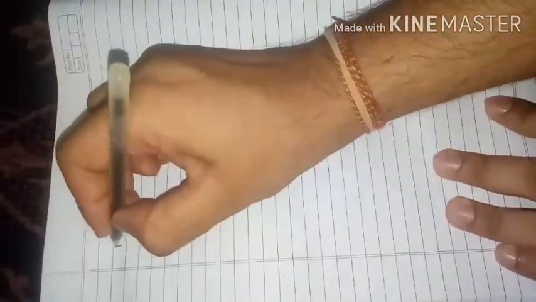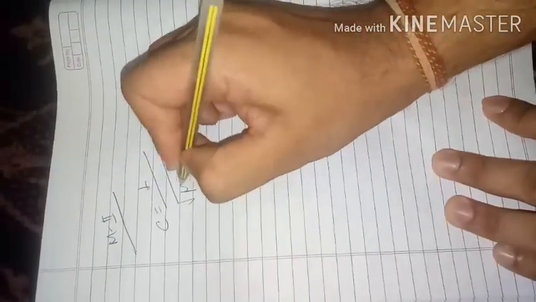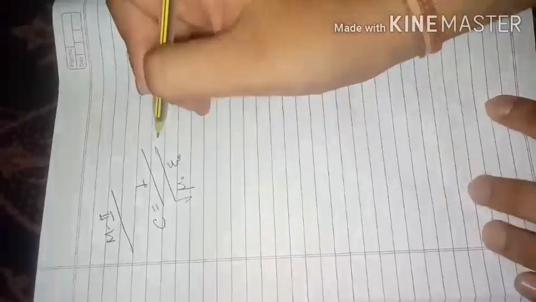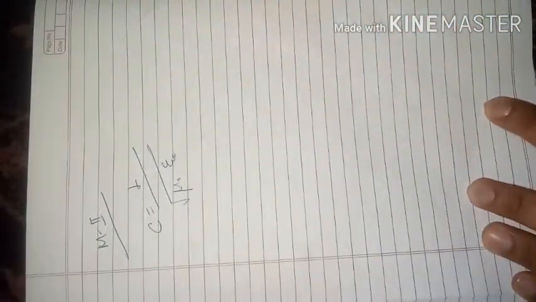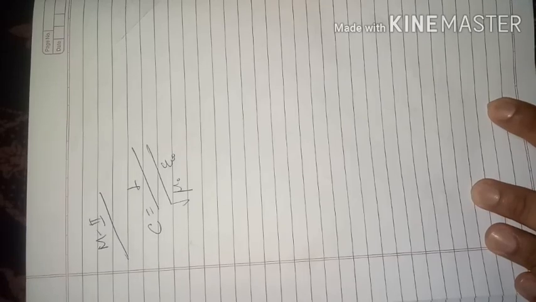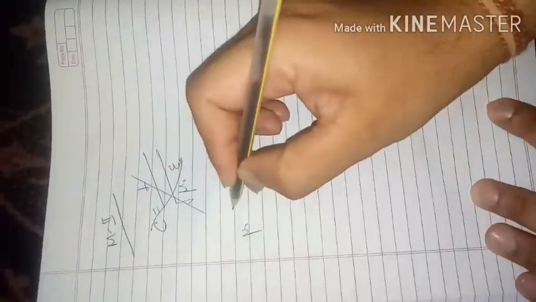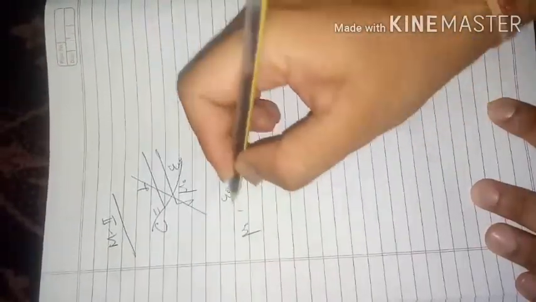So let us use method 2. Method 2 is basically we know that the speed of light is equal to 1 by under root mu naught epsilon naught. So we will find out mu naught and we will find out epsilon naught separately, and then we'll put it in this formula and then we'll get the answer. So that is how we will do it. Actually, we don't have to find this, we have to just find the value of mu naught epsilon naught, so this formula is also not required. We'll just find out mu naught, we'll find out epsilon naught, and then we'll find out their product.